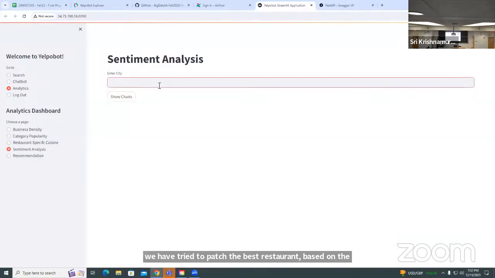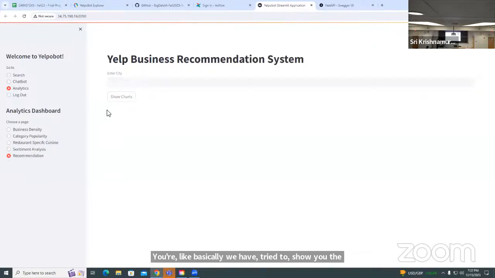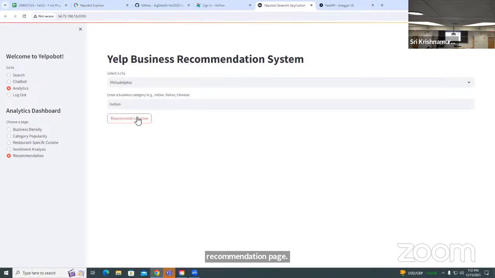Basically, we have tried to showcase the sentiment analysis here. I would like to go to the recommendation page. Here we have tried to come up with... the end goal was to tell, if a user wants to open a business in a particular location, we should be able to give the user some kind of information, based on certain data, on where he can open a particular